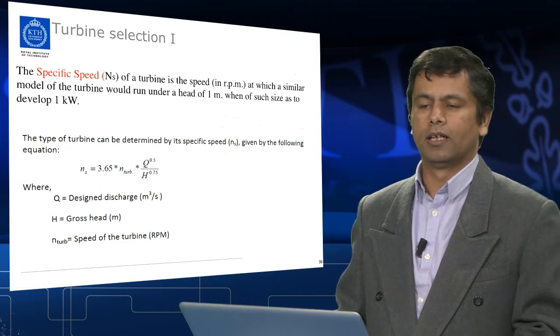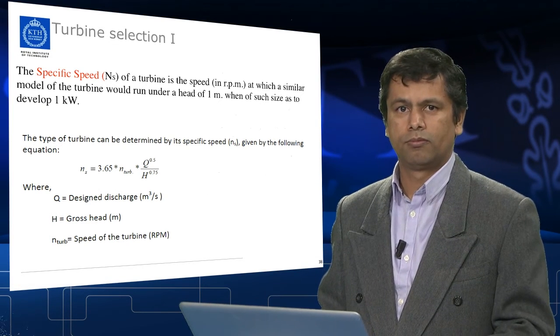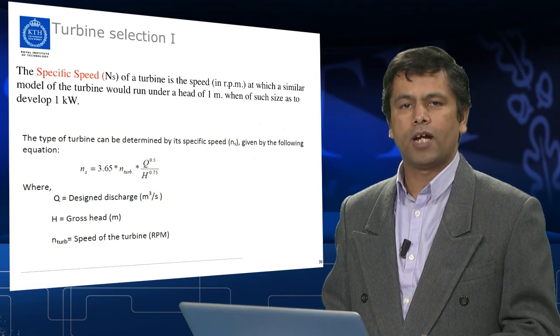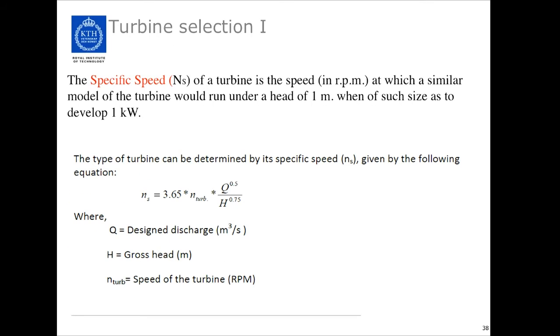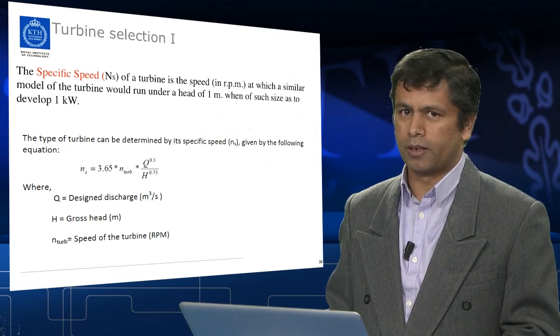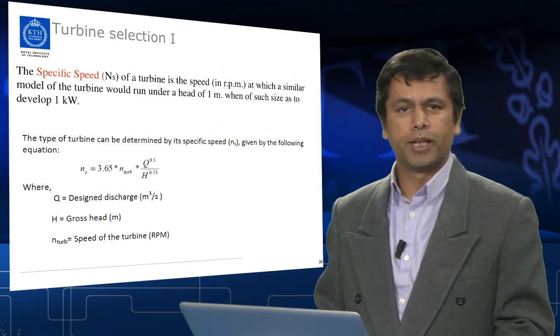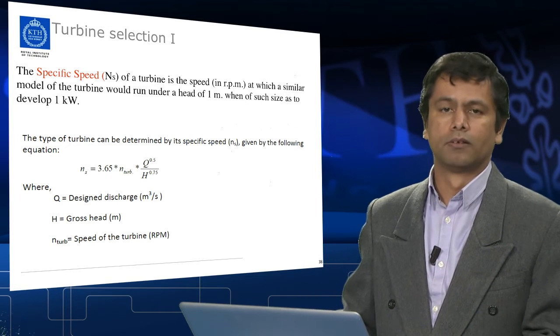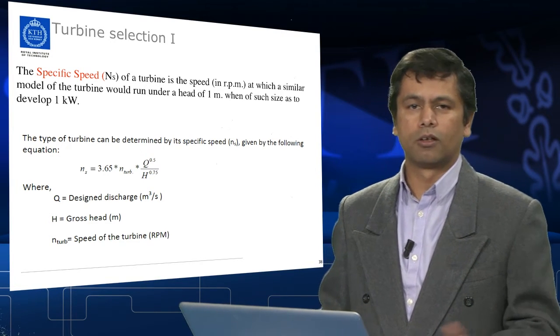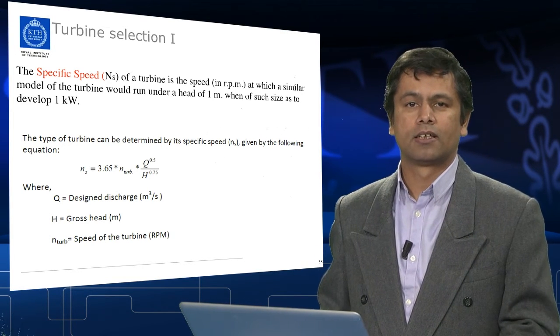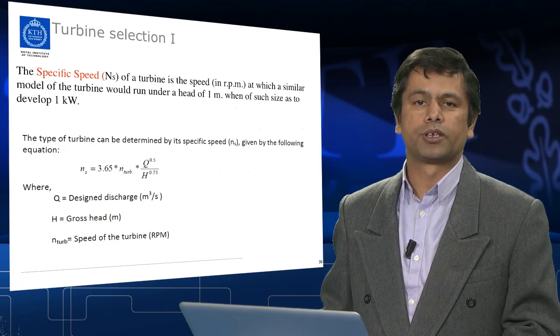Normally, in general, if you have a low flow and high head, you choose a Pelton turbine. If you have medium head and medium flow, then you will choose a Francis turbine, and if you have high flow and low head, you will go with the Kaplan turbine. Also, you have cross flow turbines for medium head and medium flow, or low flow,